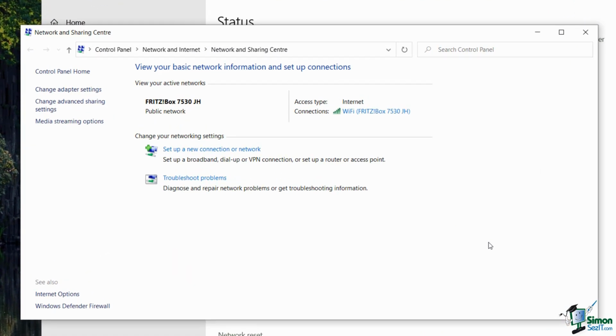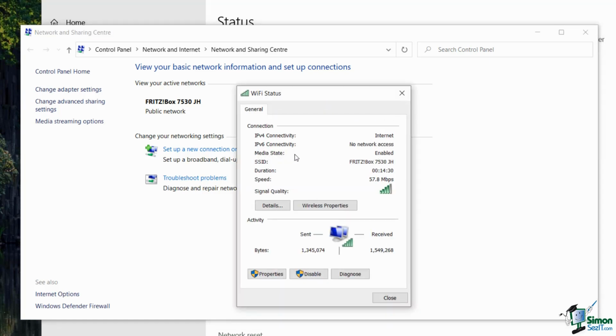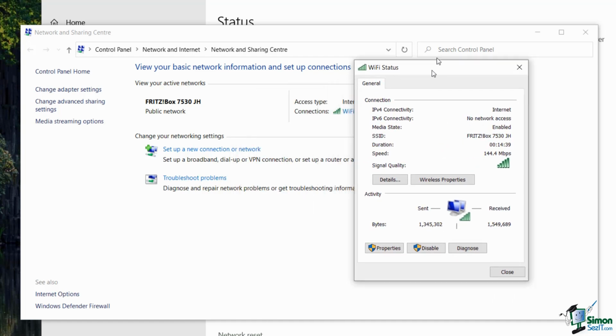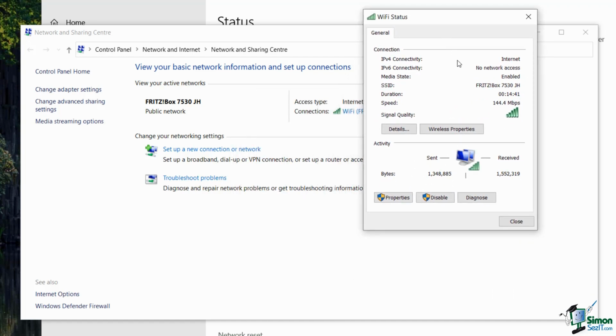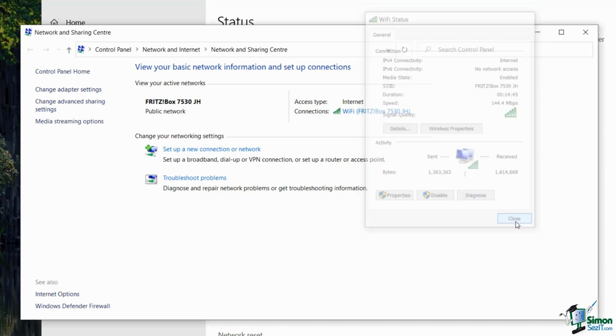So this dialog box gives me access to lots of options related to networking. And at the top here, I have an indication of my current active network. And if I want to change any of those settings, I can click on this little link just here, which will take me in and I can see all of my settings, and I can also change some of these settings if I need to. Now, we're not going to get too much into the technicalities of this. Just be aware that if you have to do something like that,